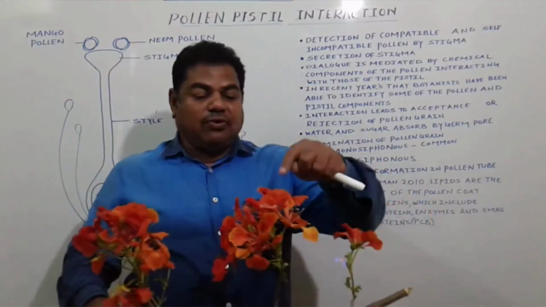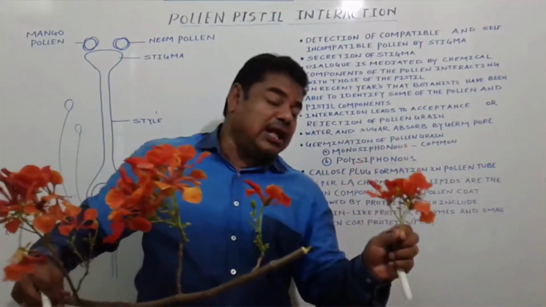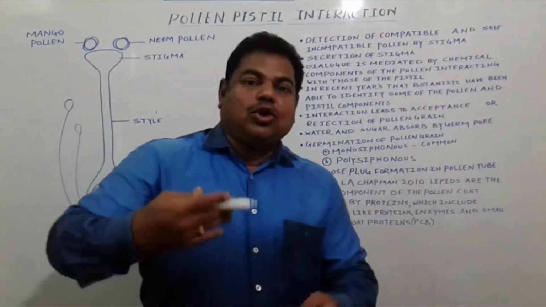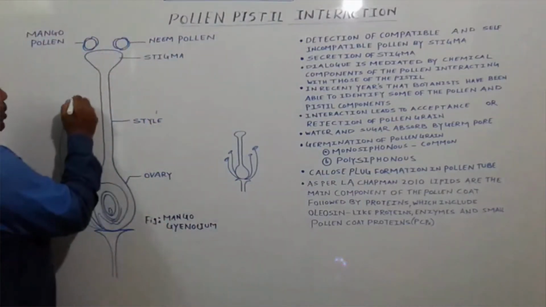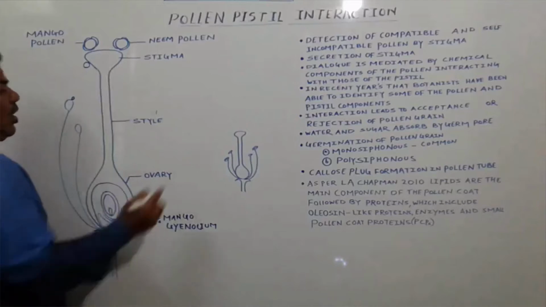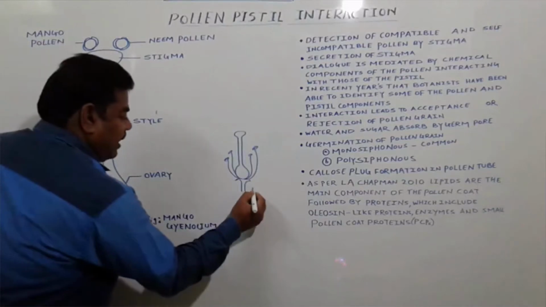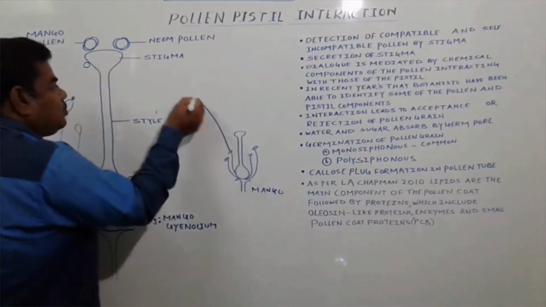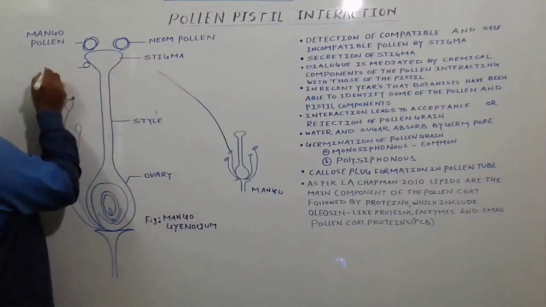And the transfer of pollen grain from one flower to another flower bearing on another plant, we call cross pollination. So in nature, self pollination is there and cross pollination is there. If it is self pollination, a mango pollen grain adheres to this mango stigma, or this one is also a flower of a mango, and there is a transfer of pollen grain from the mature anther lobe to the receptive stigma of another flower. This one is mango pollen, this one is also mango pollen.